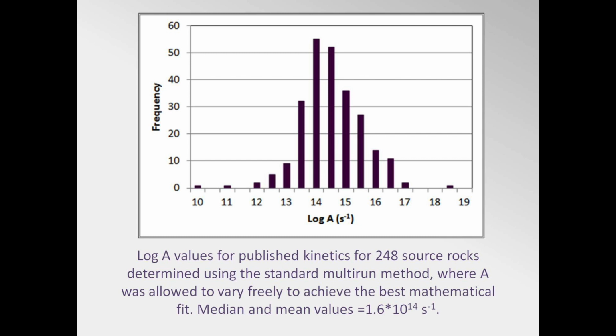This distribution, which appears to be approximately log normal, that is, the logs of the A factor are normally distributed, suggests that A is controlled by some combination of natural variation in kerogen type and by various uncertainties in obtaining and analyzing the data. But before we go too far in interpreting the distribution of A factors, let's first look at the implication for hydrocarbon generation of using this wide a range of A values and their corresponding activation energy